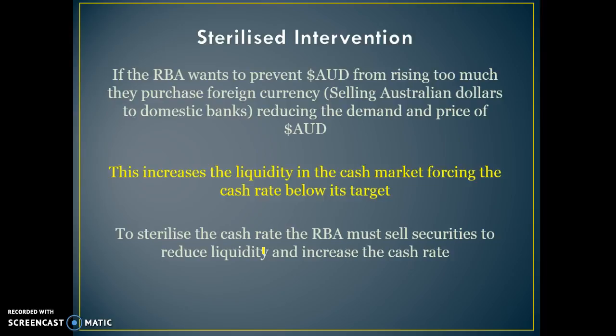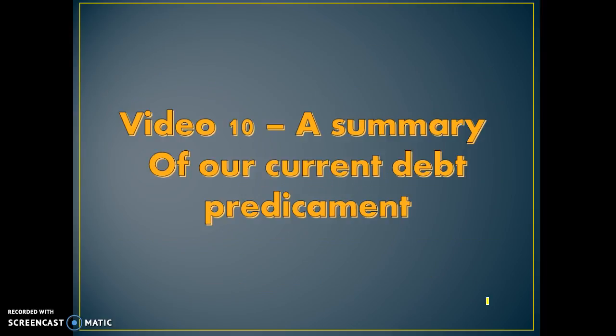And now the banks will have more liquidity, more Australian dollars, and they would be likely to decrease the cash rate. So to sterilise this, the RBA will then sell securities to these banks to basically negate that impact. So first of all, they will give Australian dollars to the banks, so the banks will have an increased supply of Australian dollars, and because they've now got too much cash, the RBA then needs to sell securities to these banks to decrease their stock of Australian dollars and prevent the cash rate from decreasing. That's all.